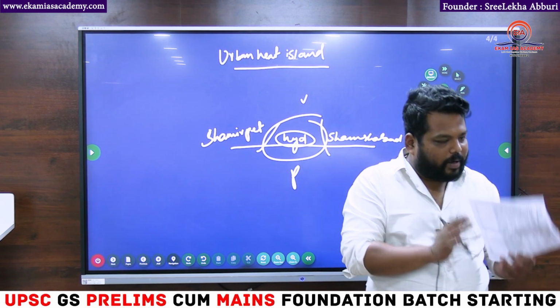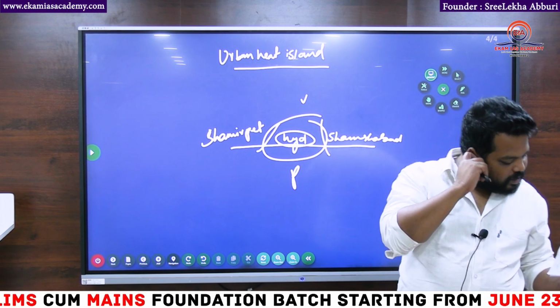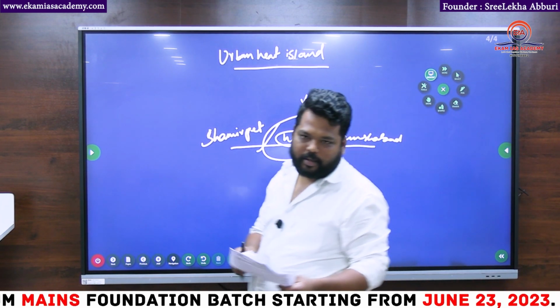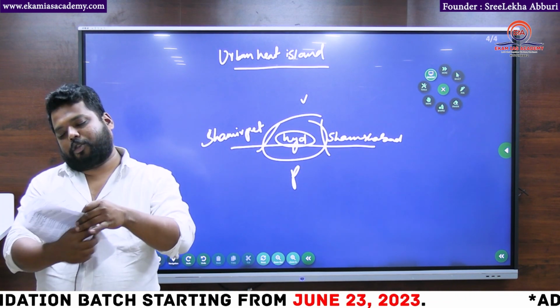So whenever you write an answer, write a reasonable answer. Okay, so suggesting some measures is very, very important when you write this kind of answer. Okay, now question number